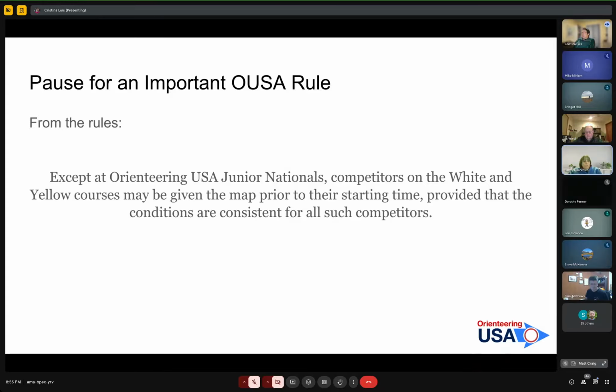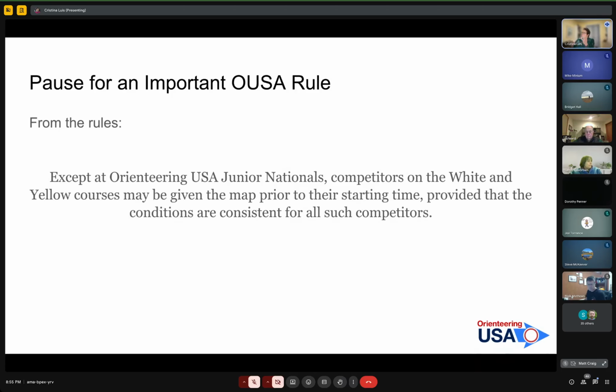Yeah, I'd say another. I swear I've been to an event recently where you checked in the morning, and then all the white competitors got their maps then, and that way they could sit down with their parents or whatever. And obviously that works best if it's a map everyone's seen. They've run it on before, or whatever. It's not new, but